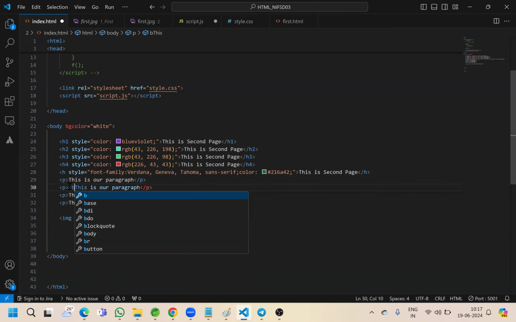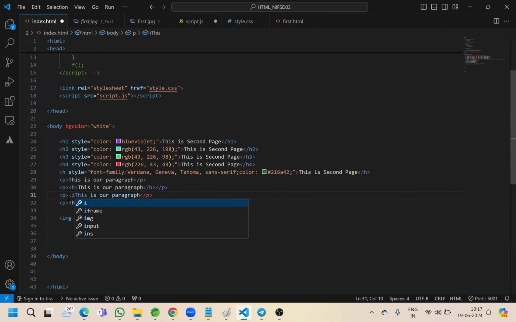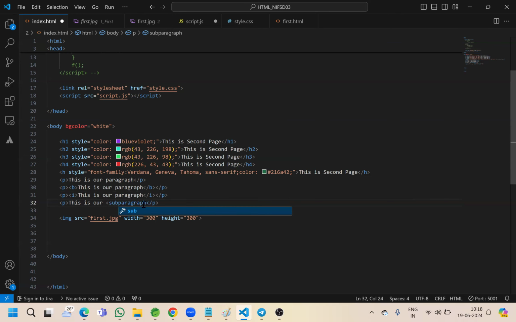If you are putting some bold, our font will be bold. So we have to put this particular tag b. It is called a formatting tag. If we are highlighting something,